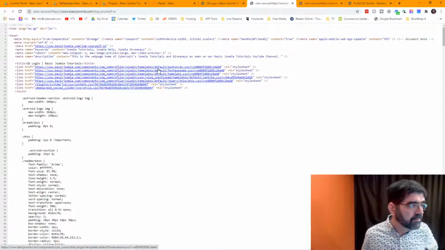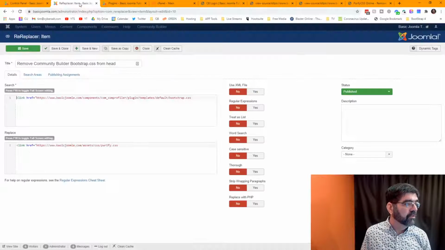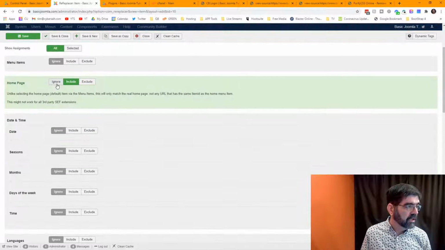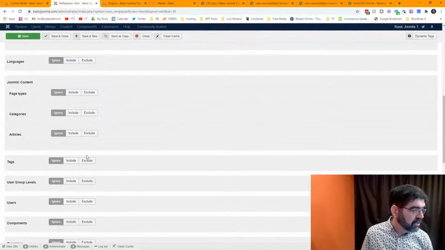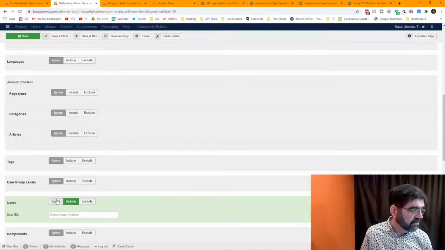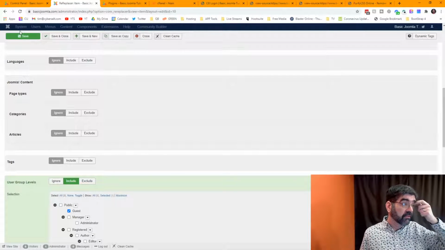No, because we haven't done that restriction here. Let's go back here. Bootstrap from CSS, publishing assignments. Let's ignore it. Do this on all pages, but make sure that the user group is only for guest. All right, so